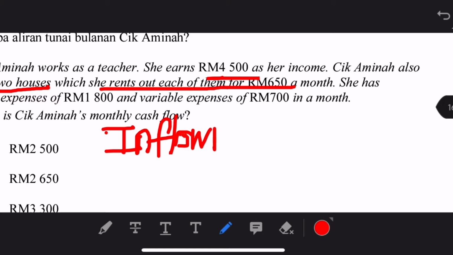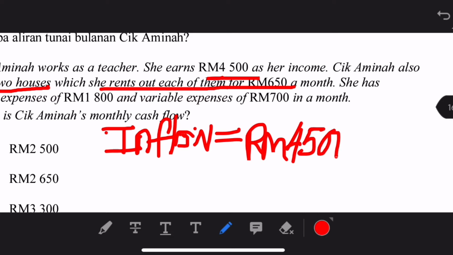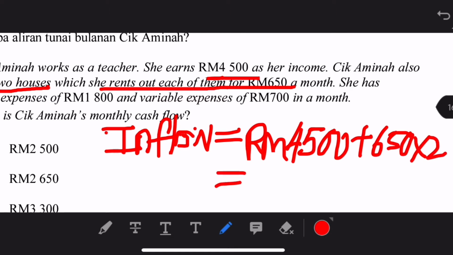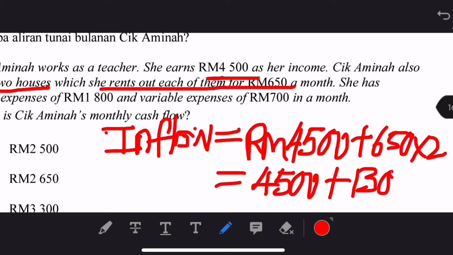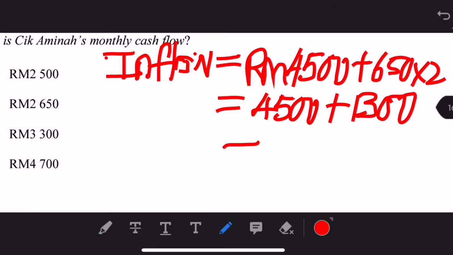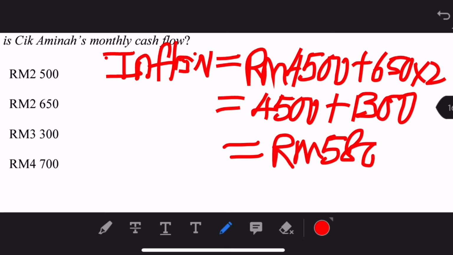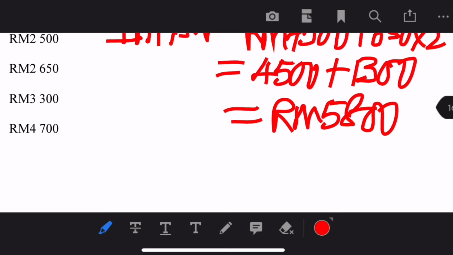Okay, inflow is equal to, okay, let's see, it's RM 4,500 plus the renter 650 times 2, right? So if we plus a 2, will be 4,500 ringgit Malaysia plus 1,300, right? So the answer is ringgit Malaysia 5,800, right? And then the outflow will be